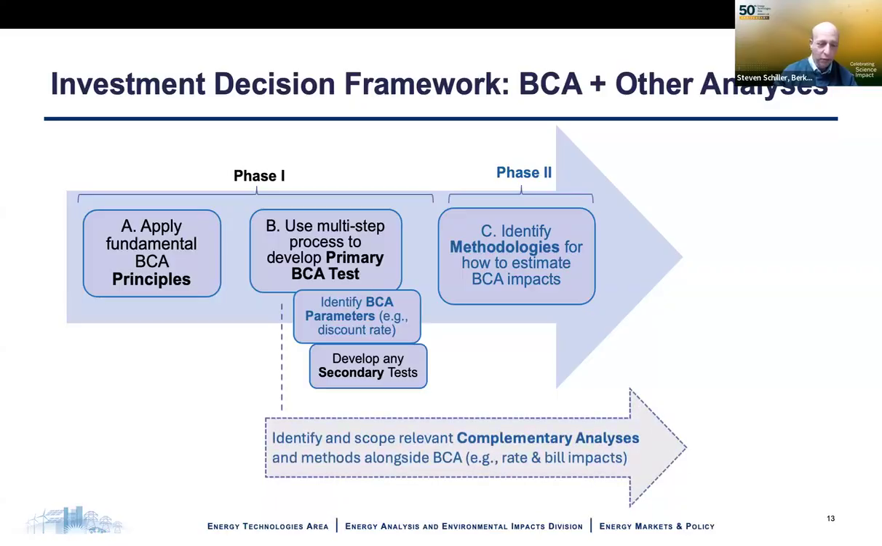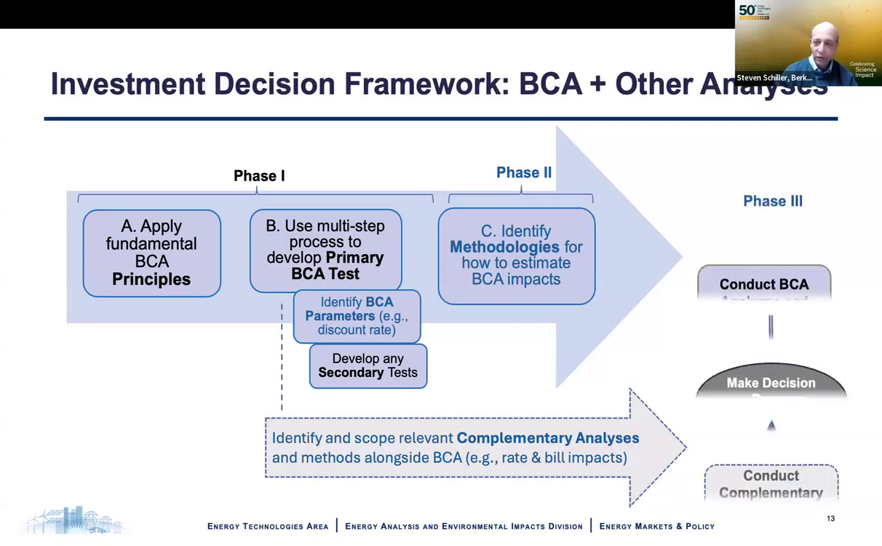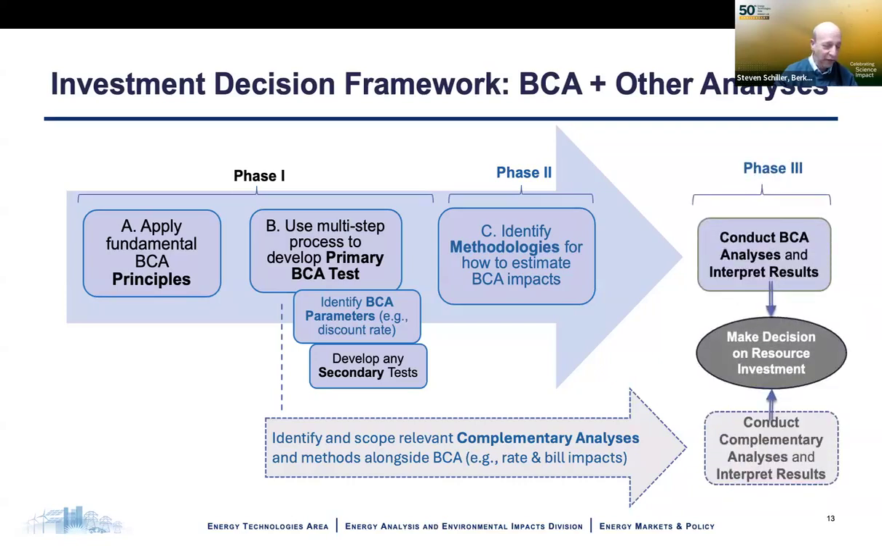And then you're going to, as needed, have any complementary analysis, such as the rate and bill impacts, and then go into this phase 3, which is actually conducting the analysis using the test that you developed, perhaps any complementary analysis, and then that brownish semicircle in the middle: make decisions on your resource investments. So there's a whole process here, a framework that's laid out in the NSPM that you can follow to